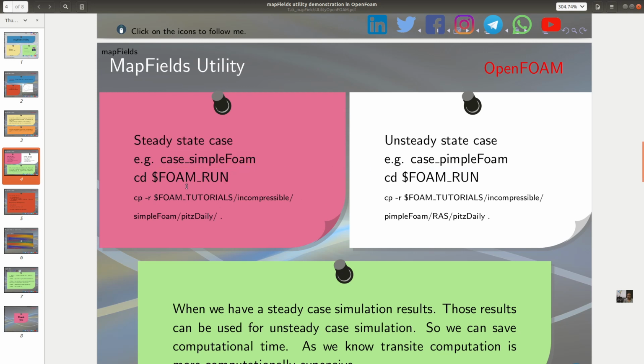We can copy a tutorial case into the current directory. When you source your OpenFOAM and type this, it will take you to the run directory, and there you can copy the tutorial. It is the same tutorial, the difference is only that the first case is steady state and the other is unsteady state.